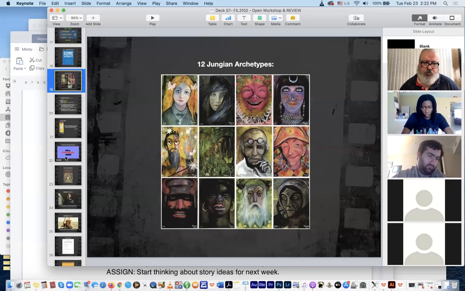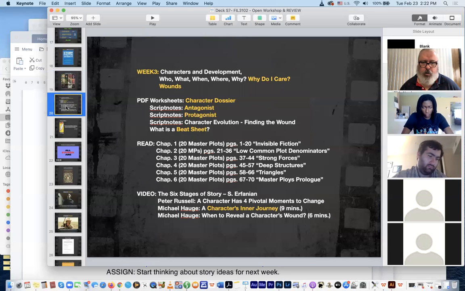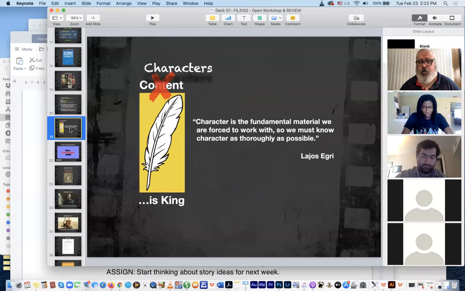And that's the focus for the next few cells here, which brings us into week 3, where we discussed characters and character development. Okay. And I introduced you to a quick concept, the who, what, when, where, why, and why do I care concept related to characters and character development. And I changed the meme from the beginning of the semester to content is king, and suggested to you that characters might actually be the currency of the realm at this point,